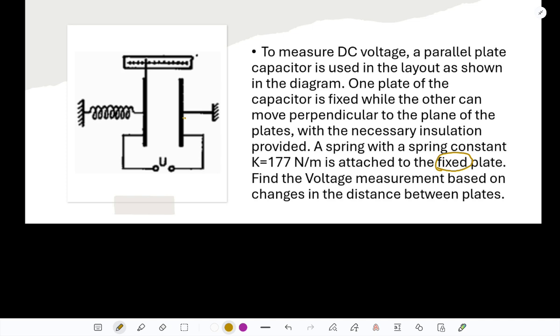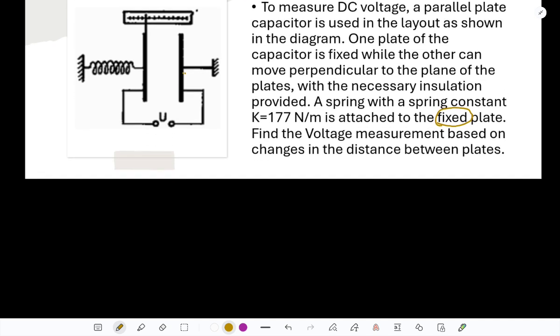The force will be attractive in any case, but in the opposite direction. So we can write this equation of equilibrium as we know that this electrostatic force is going to be